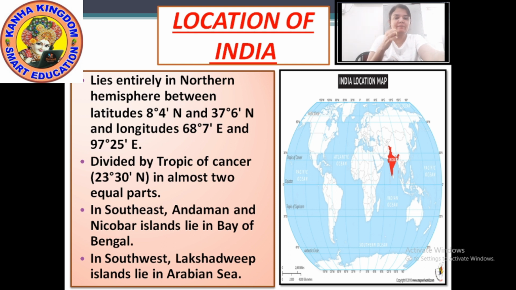Now why are these lines there? Because if there is no basis, you cannot locate the proper distance of a place on a map or a globe. You would not easily know about it. By latitude, you can know the distance between the places, and by longitude, you can tell the proper time. So longitude tells you the time difference, or you can say the date difference, and latitude tells you about the distance of the place.